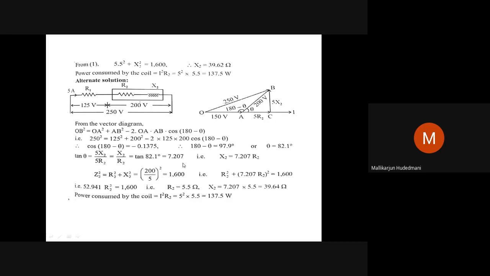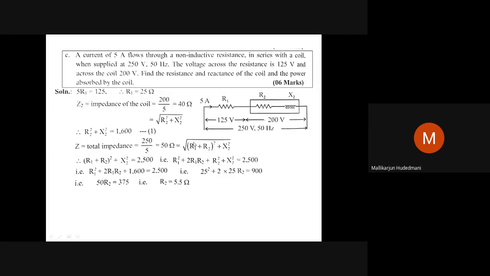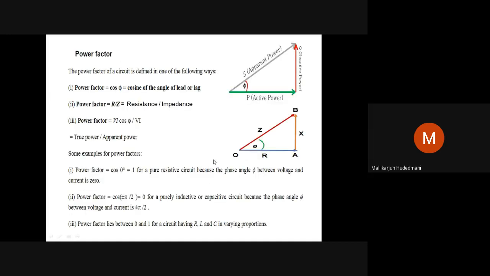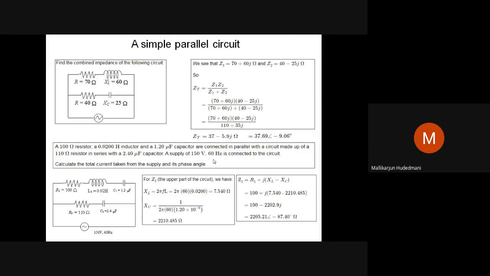So for me, this looks comfortable because a similar one we have solved. We can refer to this and solve easily. So take care of this. Almost all the varieties of series circuit problems we have seen, and now we will move to the last 5 minutes. What is left off? What is left off is the simple parallel circuit.